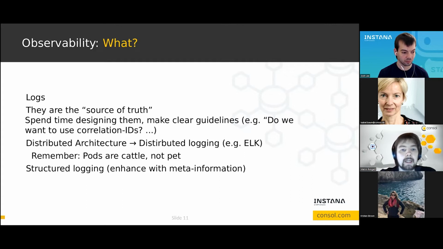Also, tying in the concept of spending time designing logs, we should use structured logs. For example, we should enhance our logs with meta information. If we have correlation IDs, add the correlation IDs to the meta information. If we are running on Kubernetes, we should add the Kubernetes pod name, the node name, everything we can to possibly identify the problem.